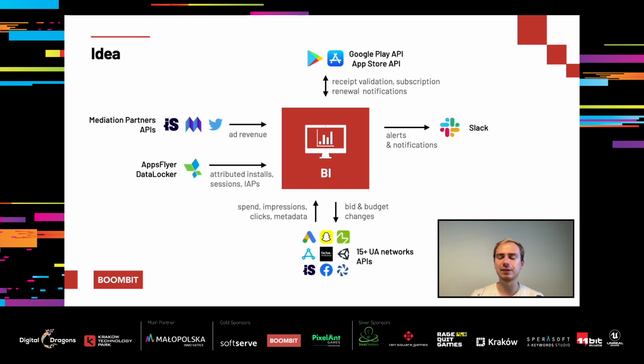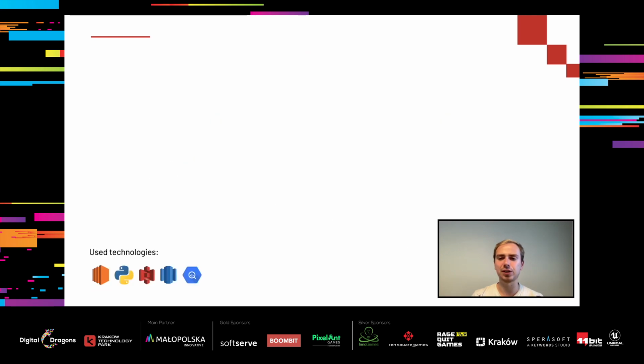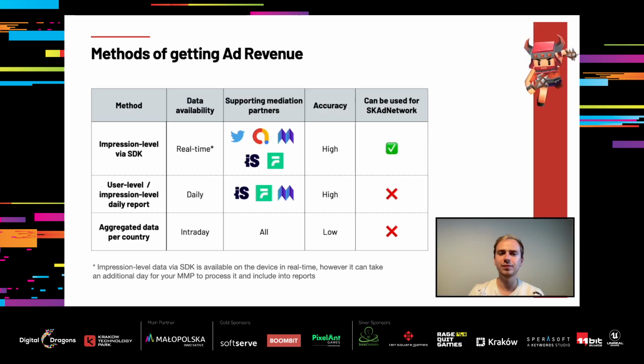What we can do next if we have data in place? We can create alerts on Slack when performance of any game or campaign or creative suddenly decreases. Or connect the BI to Looker in order to provide access to data for analysts and UA managers. We use Looker for visualization and data exploration.